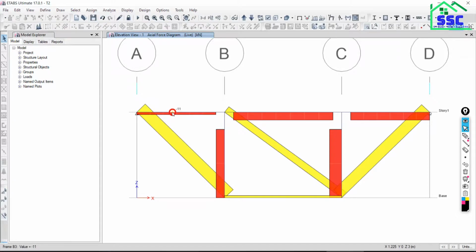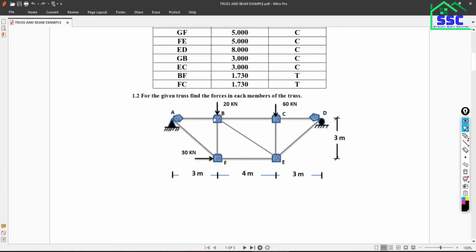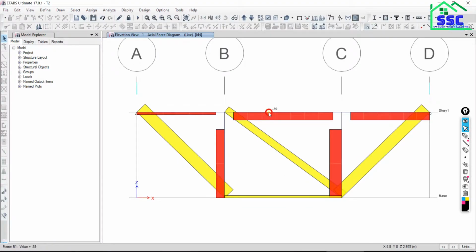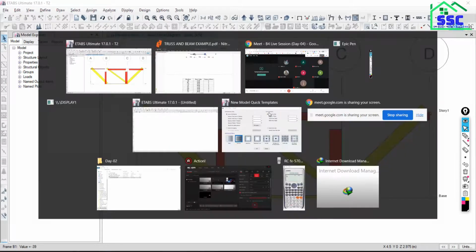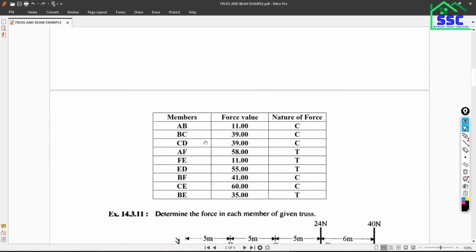Now here I just want to see the result. How much is it? Minus 11. So first let's see, this member is AB. In AB, how much is it? 11. Whether it is compression or tension, is it correct or wrong? Right. Then see, this is minus 39 kilonewton in BC. So in BC minus 39. Here BC, how much is it? 39.